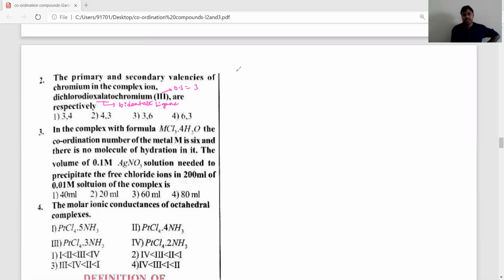According to Werner theory, the oxidation state indicates the primary valency. How much? It is 3. And the coordination number indicates the secondary valency. The secondary valency is equal to 2 into